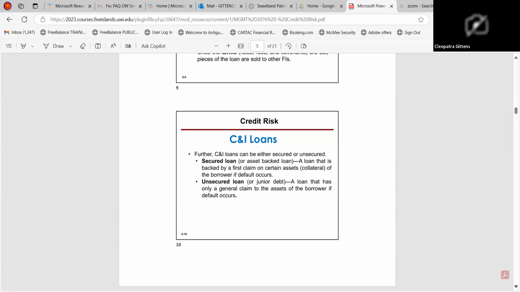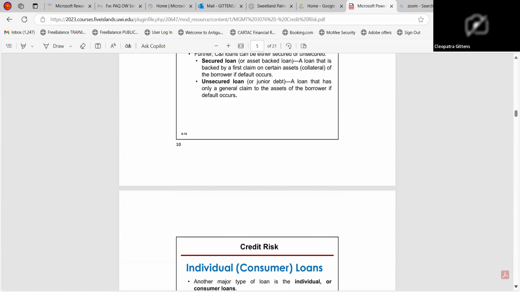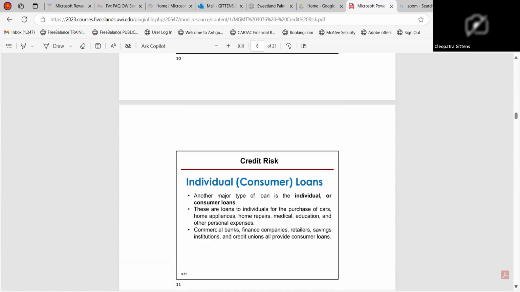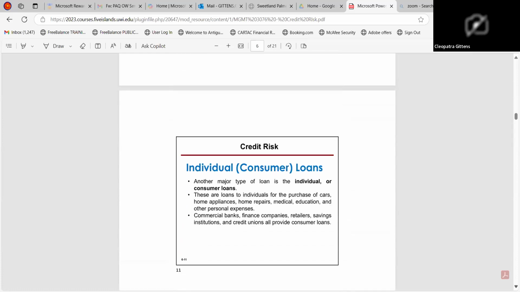So you have a dollar amount that you put down, and then the bank holds the house and the land as collateral. There are also unsecured loans, where the financial institution is not going to have the first claim on the asset, but it has more of a general claim